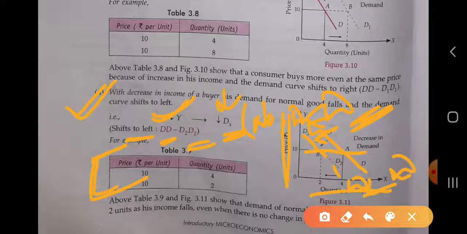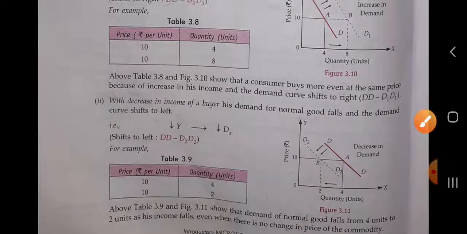When the income of the consumer increases, the demand for the normal good also increases. In that condition, the demand curve will shift to the rightward. And in the second condition, when the income of the consumer decreases, the demand for the normal good will also decrease, and the demand curve will shift to the leftward. It is so simple. Now the next is